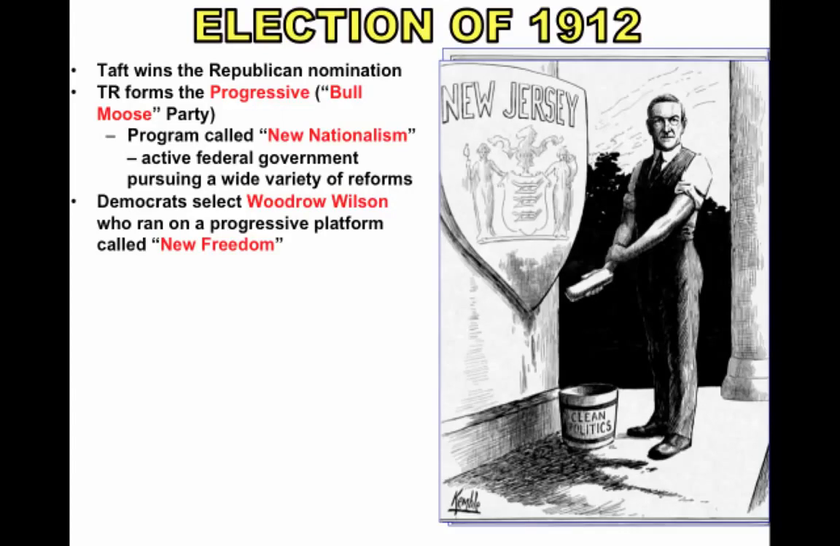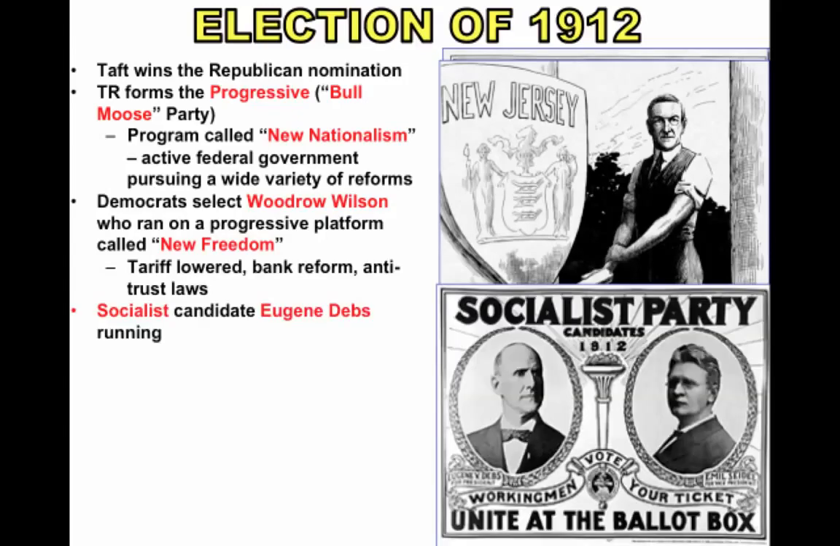He runs on a progressive platform of New Freedom, once again also calling for reforms, but especially tariff reform, bank reform, and antitrust laws. The Socialist Party runs a candidate, Eugene